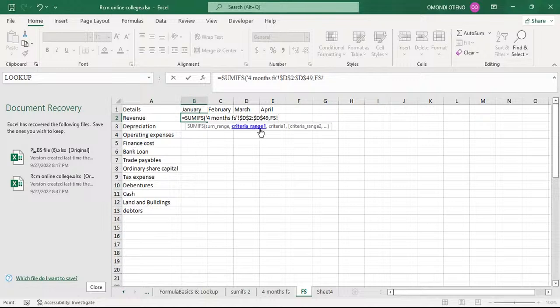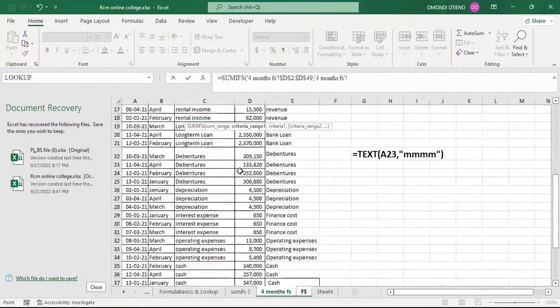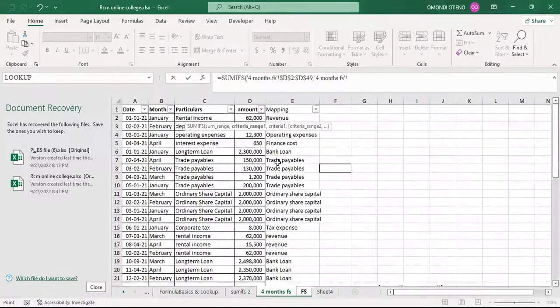Criteria range 1. Where do we find these items in our database or original data? Where do we find these items in this database? Where do we find those items? In which column? In which column do we find those items? Mapping E, yes, E,